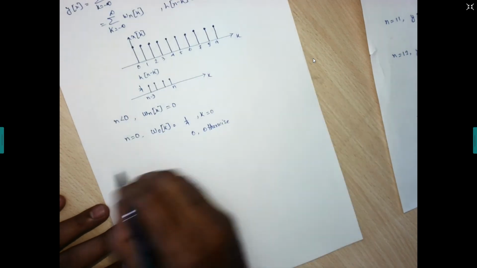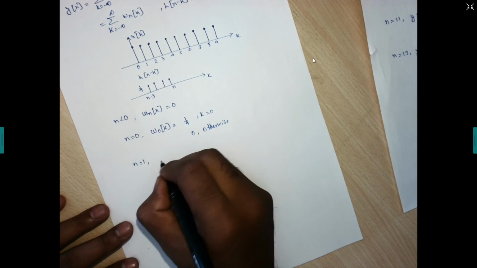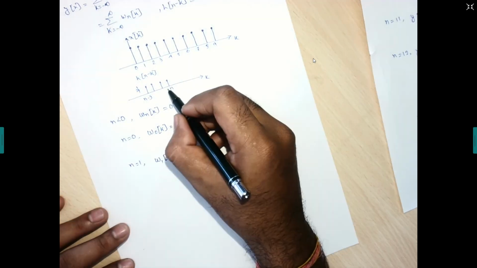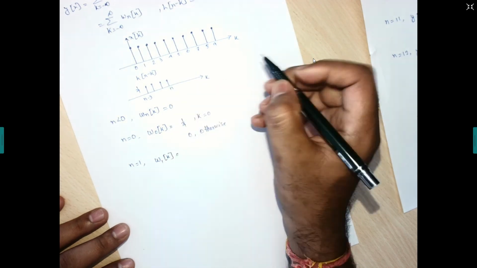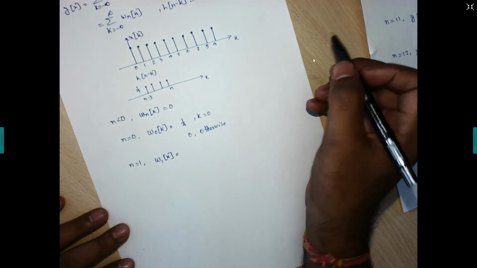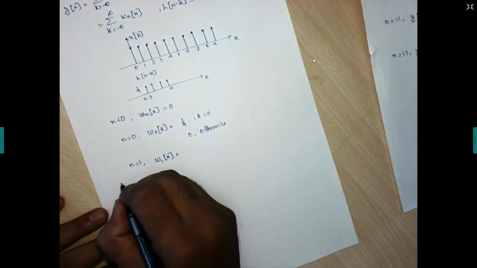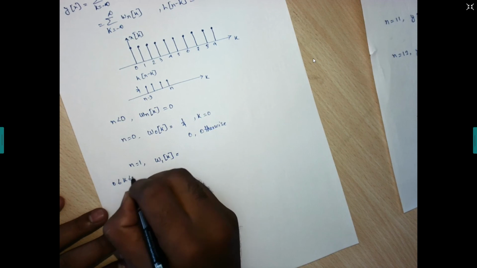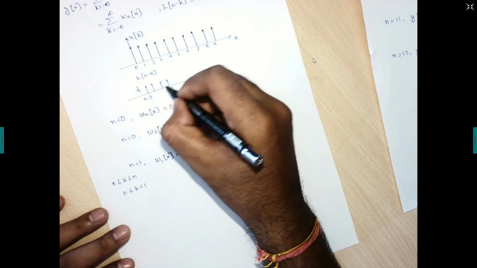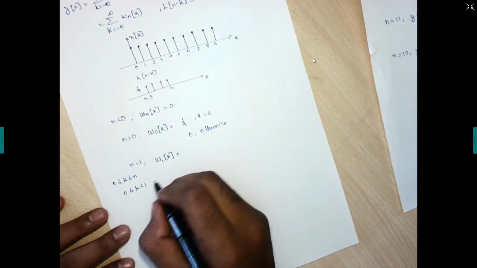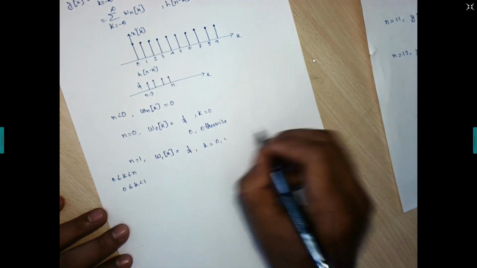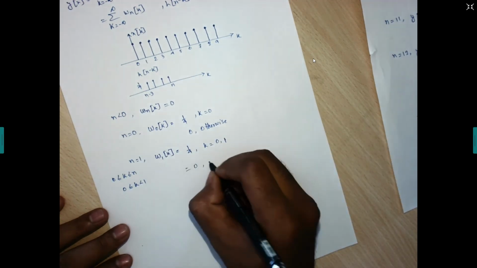Okay. Now if we start for n is equals to 1, that is w1 of k. So at n is equals to 1, k is from 0 to 1. So starting from these two samples, 0 and 1, they have the interaction with these two samples, right? So if we consider n is equals to 1, our k ranges from 0 to n, so k will be 0 to 1 for this case. These two samples have the interaction with the first two samples. So this one will be 1 by 4 for k is equals to 0 to 1, and 0 otherwise.